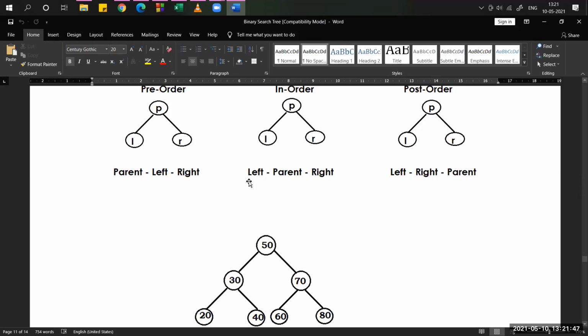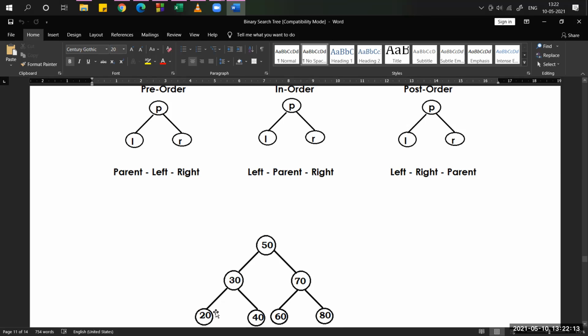It means first we display the left child, then the parent value, then the right child value. So what is the first one? Left. Going to the left side, we have to go to the last left child. This is the last node at the left, so we print this first: 20.